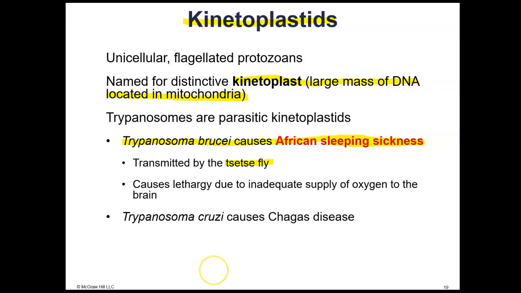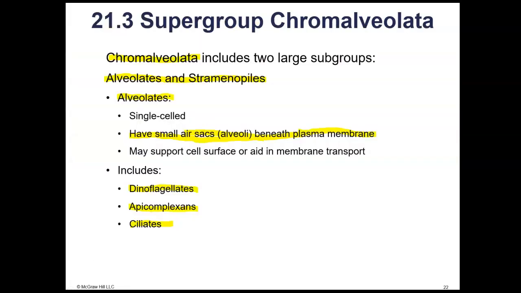Trypanosoma is the genus, and it can be different species. Trypanosoma brucei, for example, is the specific species that causes African sleeping sickness. So it's a kinetoplastid. So these are all of our excavata, and now we're going to go into our largest